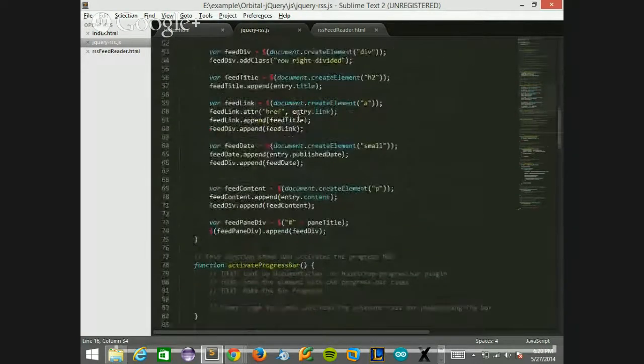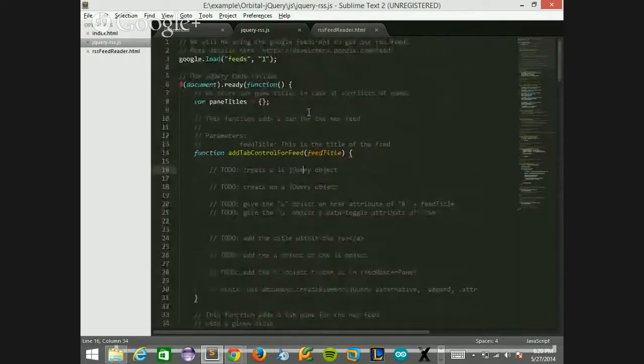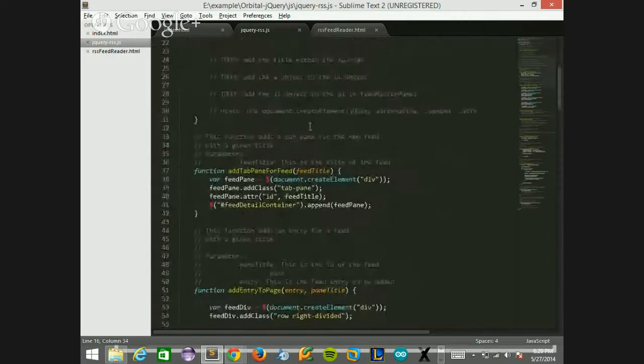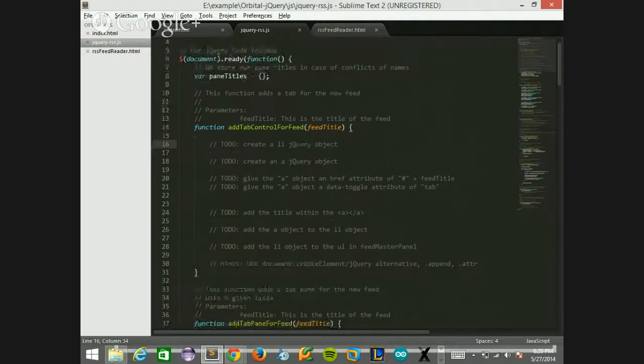So this is the JavaScript file we'll be editing. You can look at the to-do and the hints in the file itself for the tasks. But as an overview, I could probably take you through it. So first we have the Google API call for feeds. This just initializes the part we'd be using, and all the rest of our code comes in within this